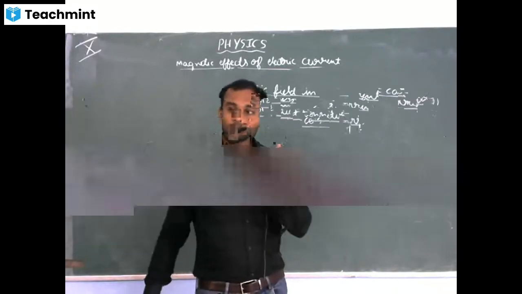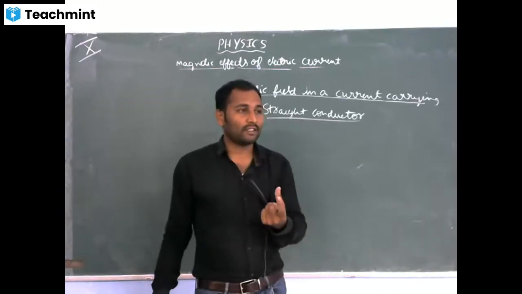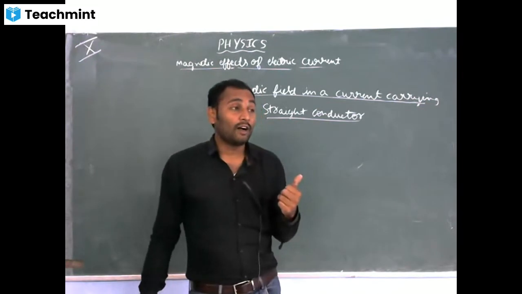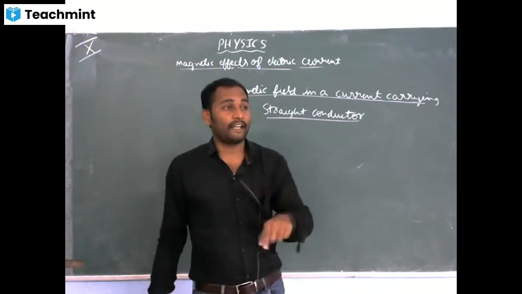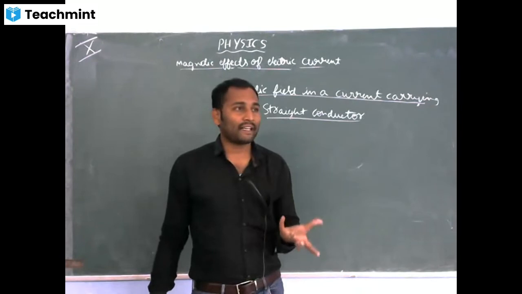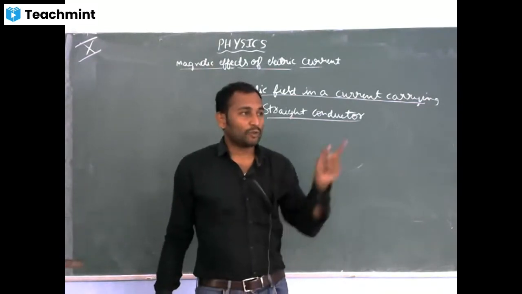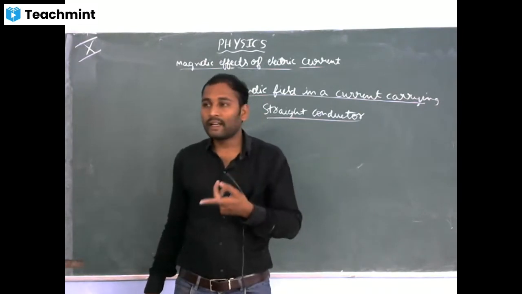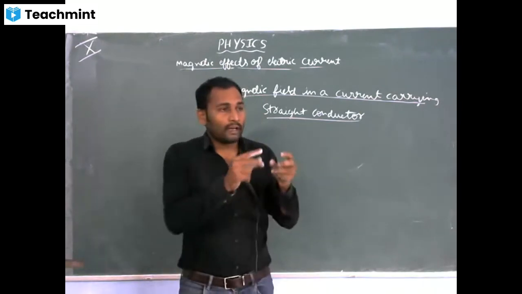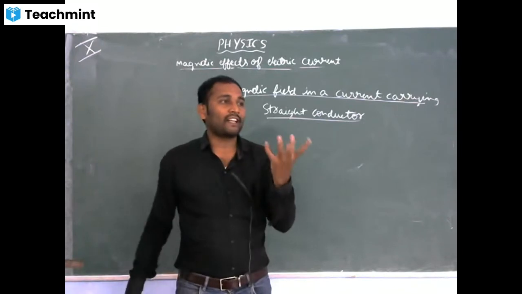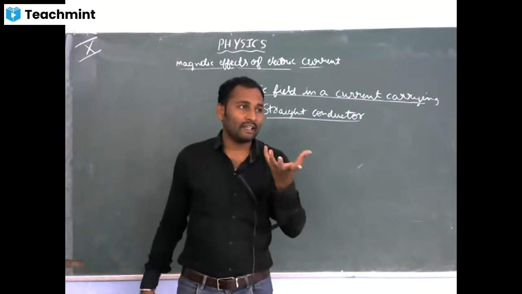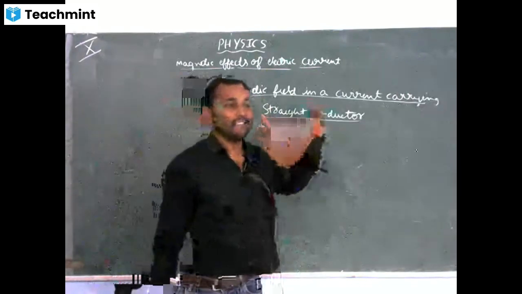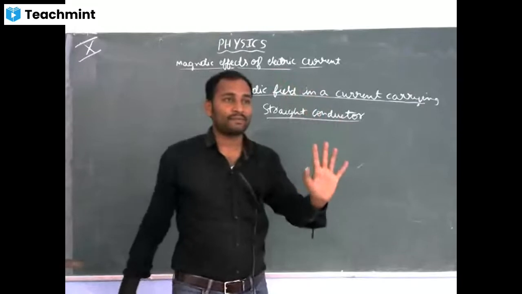Okay. So what is our experiment in the first part? With the help of electric current, we are producing magnetic field, right? So with the help of electric current, where will the electric current pass? In a conductor. So we have to determine how the magnetic field lines will be, and on what basis the magnetic field strength depends in the case of current carrying conductor.